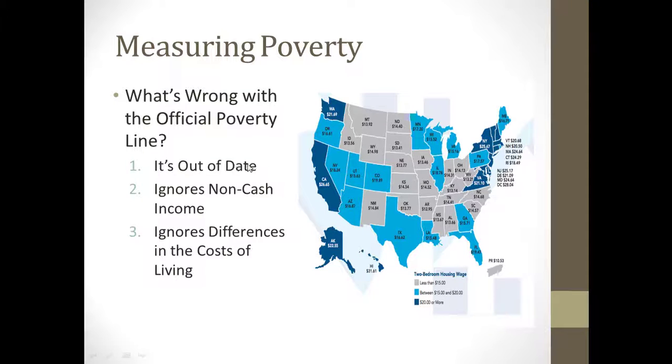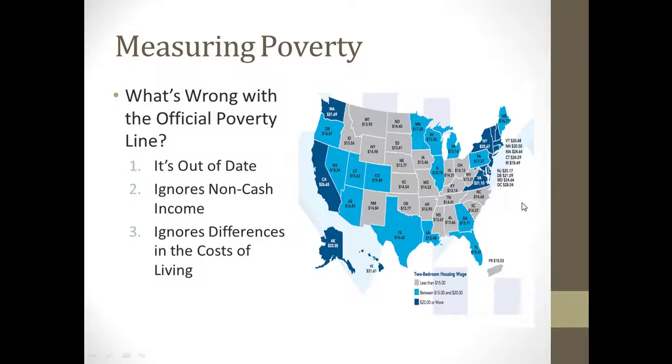It's also, of course, out of date, as she mentioned, right? That the cost of food has not gone up as quickly as the cost of healthcare, housing, transportation, right? So it's not capturing what it actually costs to live today. She also mentioned that the official poverty line ignores non-cash income, right? So when we're seeing somebody poor, it doesn't take into account food stamps, welfare, subsidies. And then, of course, the big one, at least for me, is that the official poverty line is for the entire country. It ignores the differences in the cost of living, right?